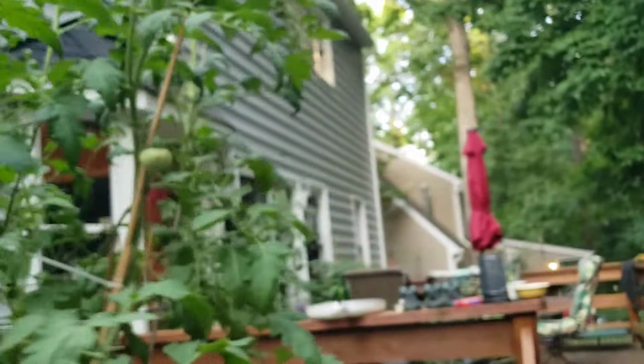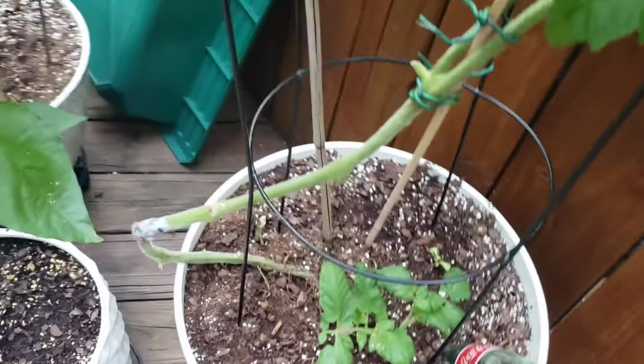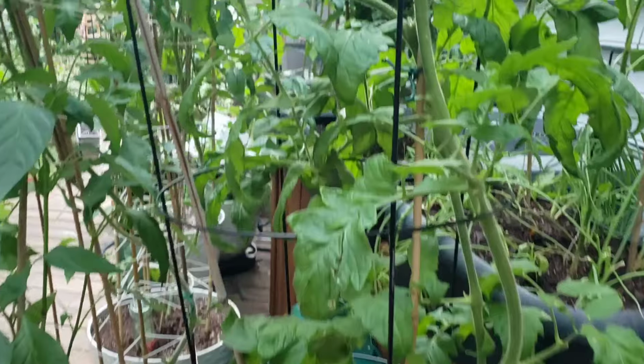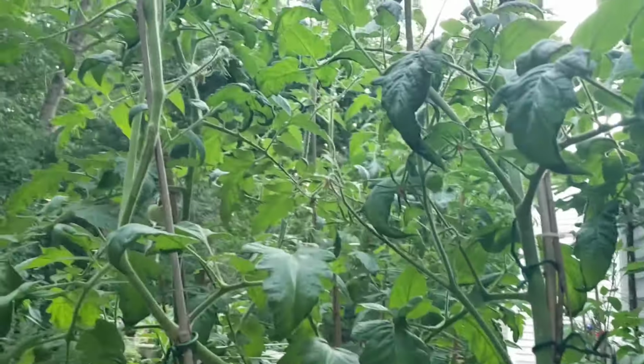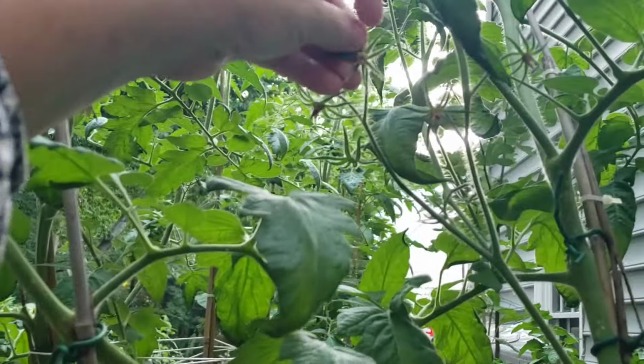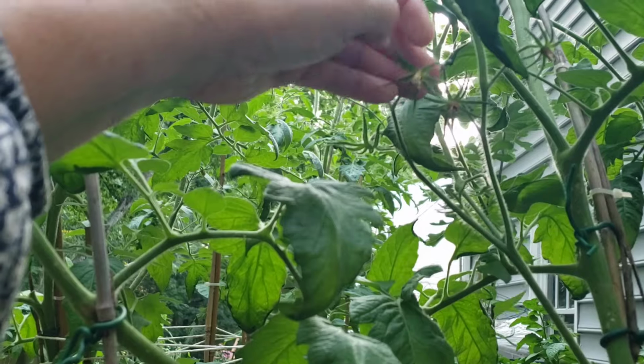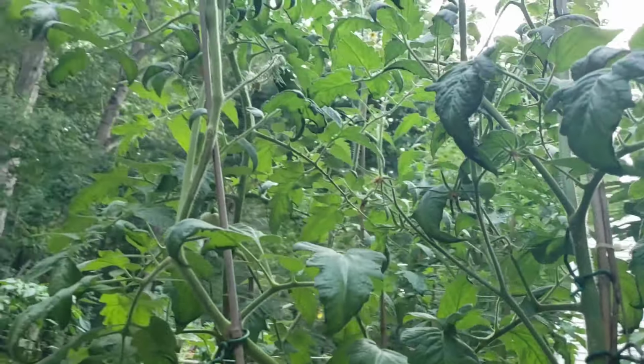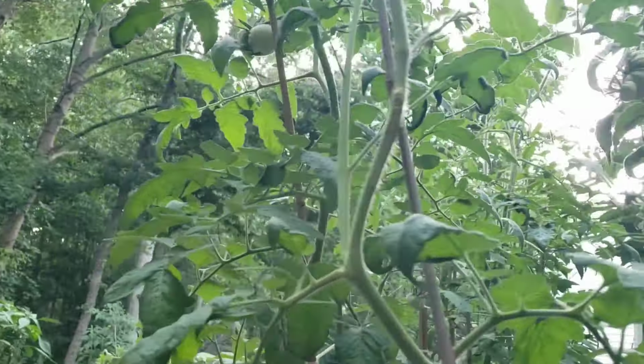Now I will say that the Whitmore, who I broke the stem, he seems to be doing okay, knock on wood. Haven't seen any issues related to that break. But the fruit is so slow, but it's been so hot. Like today we had a heat advisory again. So it's not uncommon for tomatoes to drop their blossoms during heat and have deformities as well, which I think this plant has been having some issues with the blossom. Not necessarily blossom end rot, but